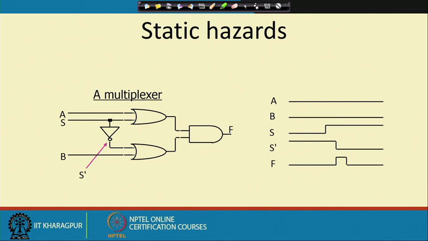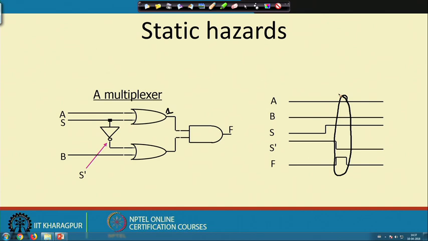But what happens, you see, due to the delay of this NOT gate, S bar does not get the value immediately. It takes some delay, and after that S dash becomes 1. Now, for this range of time, what is happening is that for the upper OR gate we have A equal to 0 and S equal to 1. So, this OR gate output is 1 in this region. A is 0 and S is 1. So, as a result it outputs a 1, and the lower OR gate has got B equal to 0 and